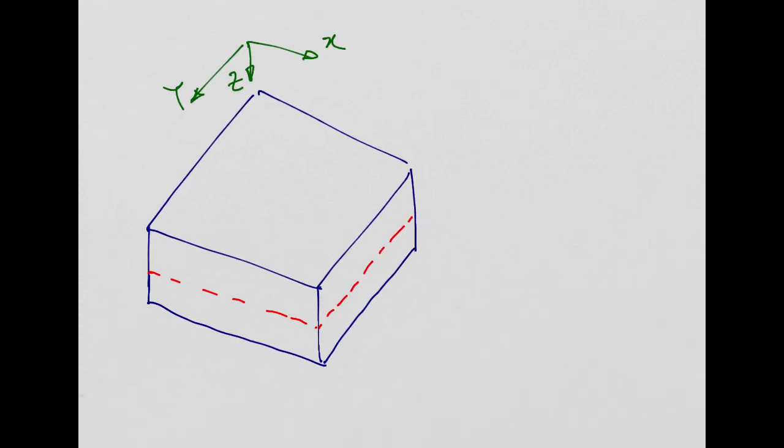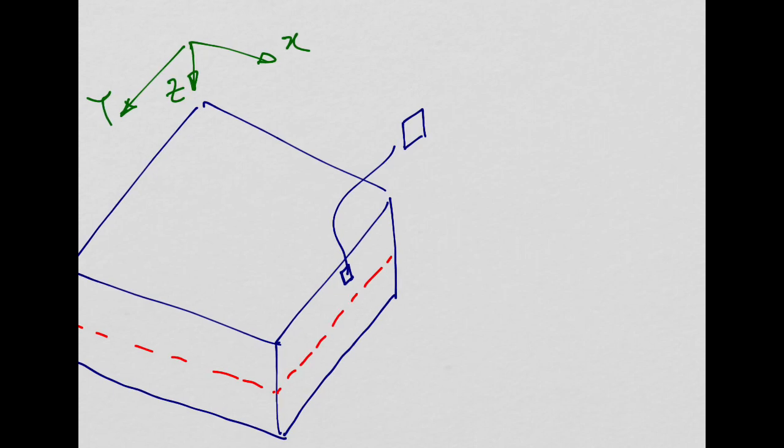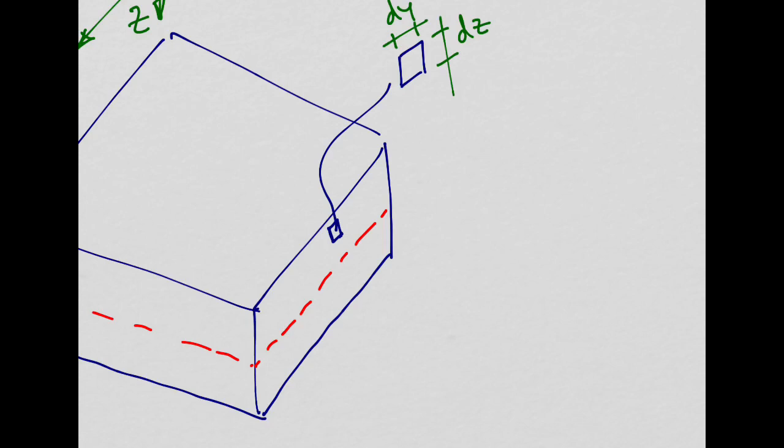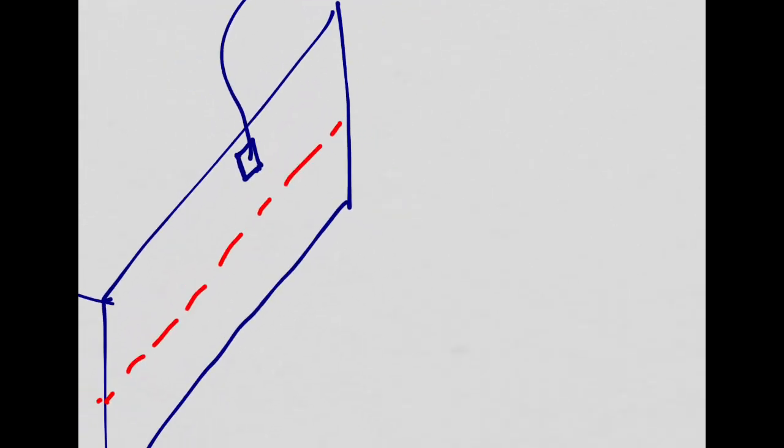And then what I'm going to do is I'm going to look at a tiny, tiny infinitesimal element. This one here. So this element, let me put it here a bit bigger. So this distance is going to be dy. This distance is going to be dz. Okay? So, you know, infinitesimal analysis. So what we do is we get an infinitesimal element. And then what is going to happen is, in this infinitesimal element, which can be a point in my plate, right? I can represent a point like being an infinitesimal element like this. So basically these dy, dz are very, very low values. And then in this point what I'm going to have is